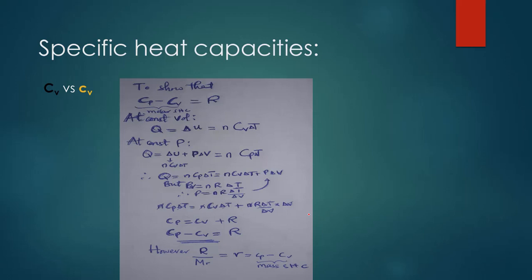So we have specific heat capacity. It's not a new term as far as heat is concerned, but so far we have been used to specific capacities of metals, of solids, of woods, of whatever solid things, that is the amount of heat required to raise a unit mass of a material by 1 Kelvin. So this is the same but for gases now, that is the amount of heat required to raise 1 mole